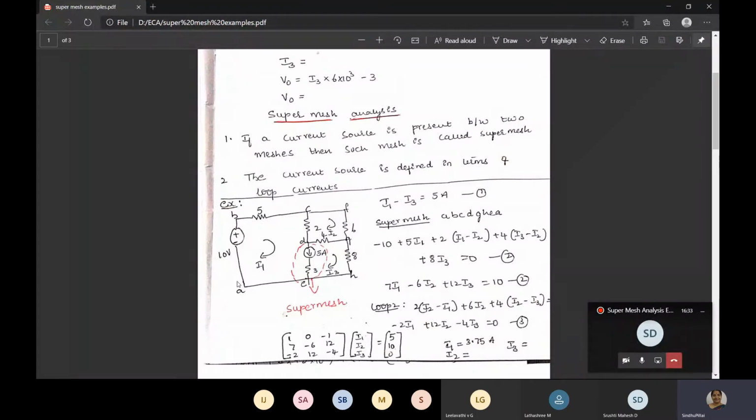See here, I have shown a network. In this network, we have to solve using mesh analysis. So at first we'll see if at the border we have any current source. We don't have any current source at the border. Then you see how many meshes are there. There are 3 meshes, so you assume 3 currents, I1, I2, I3 in the clockwise direction. So all these steps are completed.